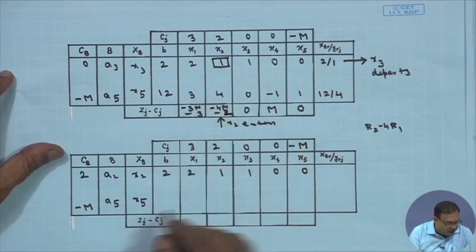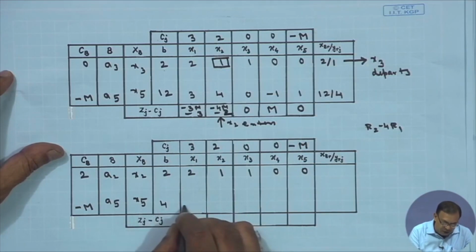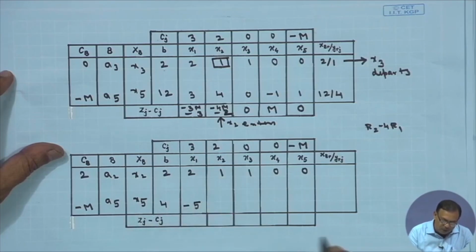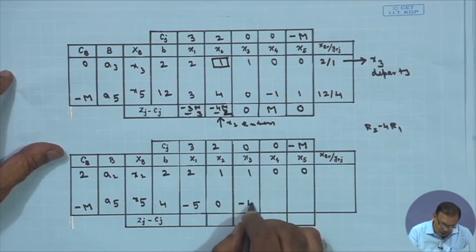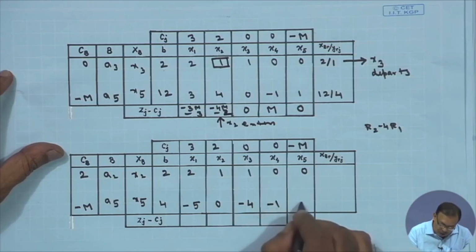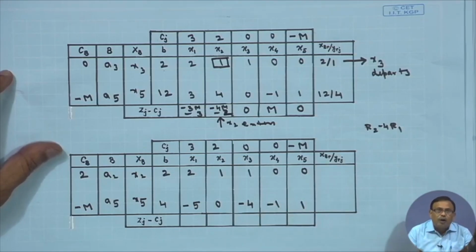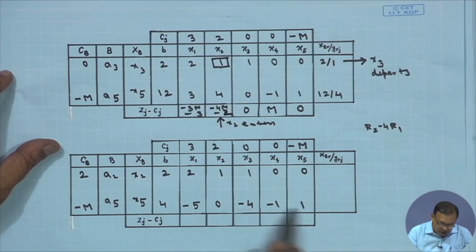So, performing these operations, you will obtain the values as 4, minus 5, and x1 will be 5, 0, minus 4, minus 1 and 1. So, once I am obtaining this table, you can check it afterwards also. After this, I have to find out the zj minus cj